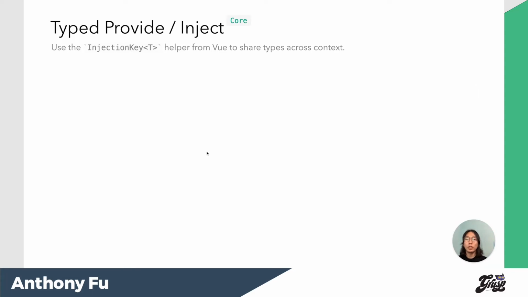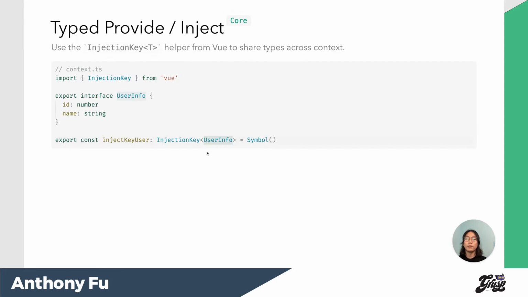We have a set of new APIs called provide and inject. It's basically for sharing some context for components to consume and reuse. There are two separate functions, which means TypeScript can't automatically infer the type for each context. But here we have a solution for that. Vue provides a type helper called InjectionKey, where you can define a symbol that carries the type you want, and it will hint provide and inject to have proper auto-completion and type checking.